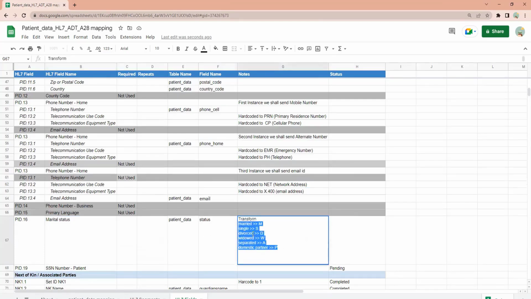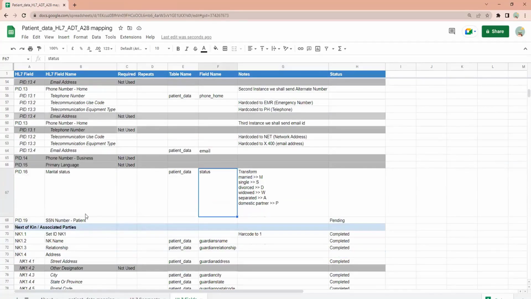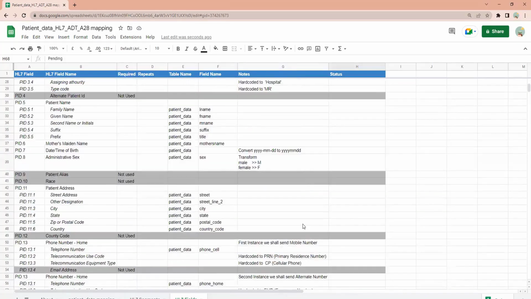This is how it is actually stored. These are the possible values: married, single, divorced, widowed, separated, domestic partner. And whatever is there over here is as per the standard, so we are going to convert that. PID 19: we are going to store the patient SSN, but this is pending, so it is for you to do.